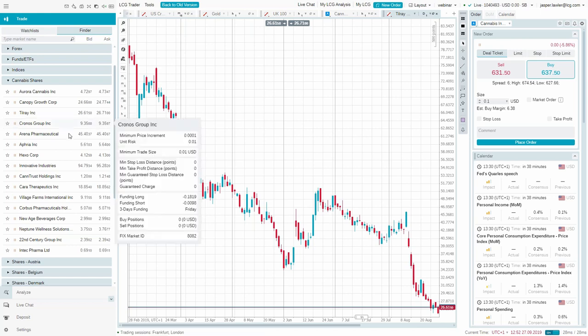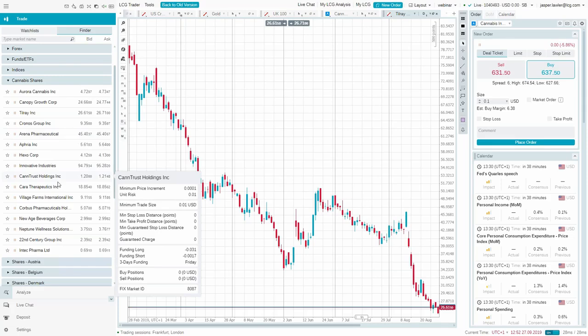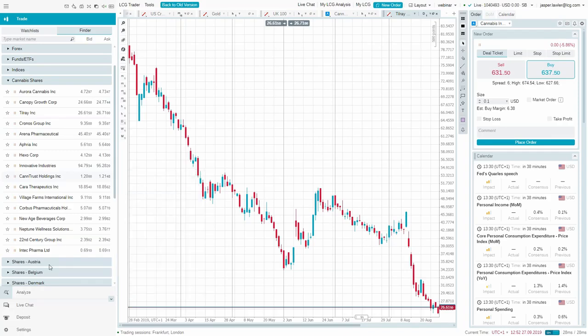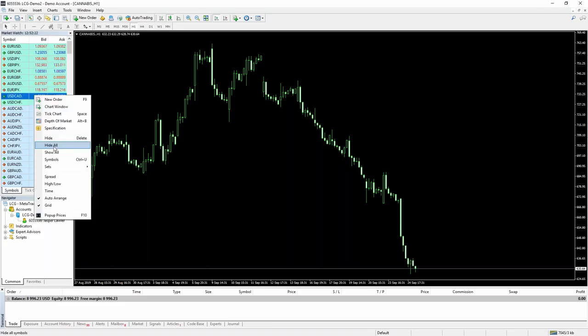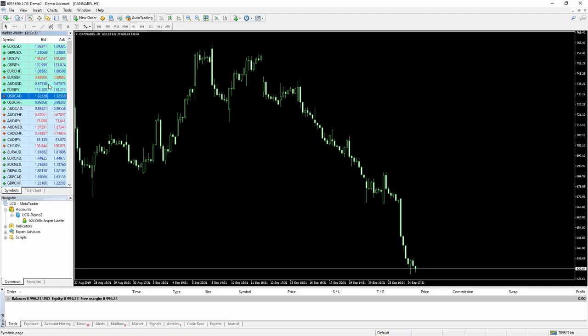And so these are all the different company shares. Let me jump over to MT4 while I'm just showing you where things are. This is the MT4 platform, and when you're in MT4, I'm sure most of you have done this anyway, you just right click in here and make sure you show all symbols. It's pretty nicely laid out, with major currencies at the top, and we've got a section for metals and indices, etc. UK shares, US shares, and then if you scroll straight to the bottom,